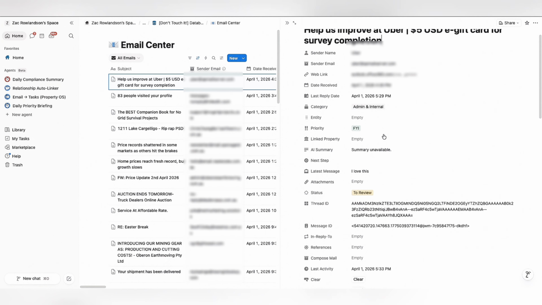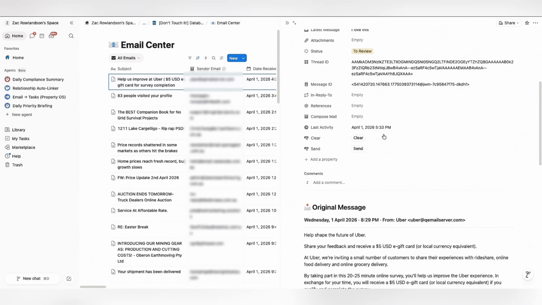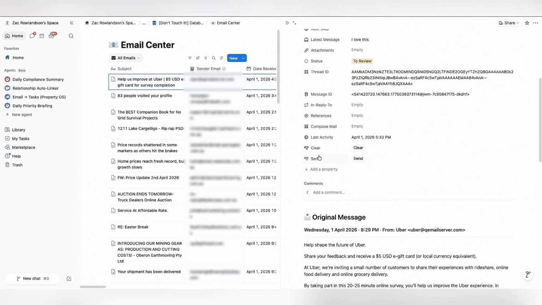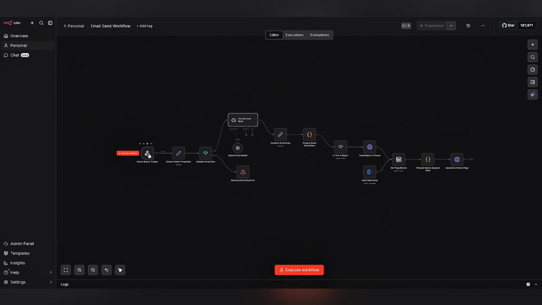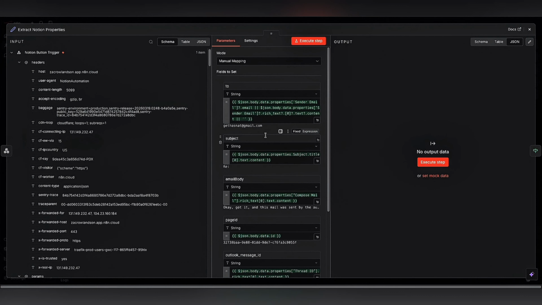The way this workflow operates is quite straightforward. First, all the necessary information and managed metadata are stored within a Notion database page. Within this database, there is a trigger button labeled Send. This button is connected to a webhook, which actively listens for incoming data from the Notion workflow. Once the button is clicked, the webhook is triggered and it begins extracting all the required data points needed to